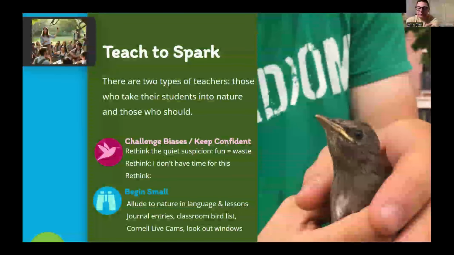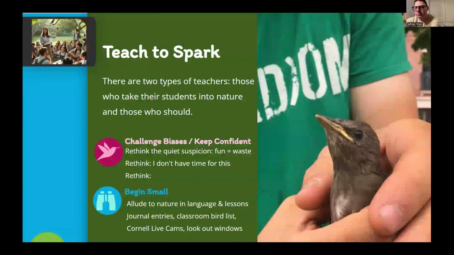And I teach both high school seniors who are just about to leave for college, young adults, but I also work with young children, from kindergarten. And one of the things that I'm aware of as a teacher is that when I take the students outside, I've always had this feeling like I was doing something wrong, that the teachers seeing me with my students heading outside are going to be thinking that we're not working, or we're not doing something worthwhile. The administrator, if they see me, is going to wonder, is this like break time?